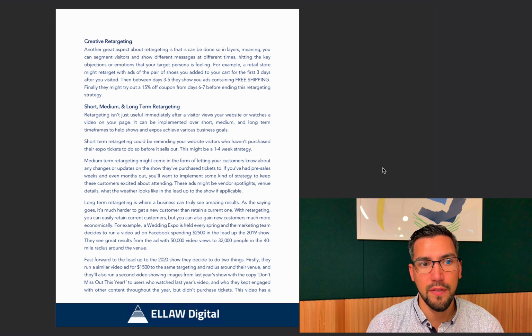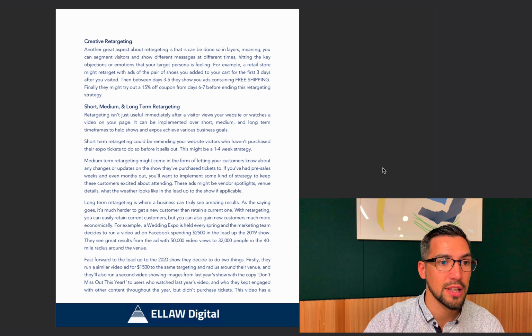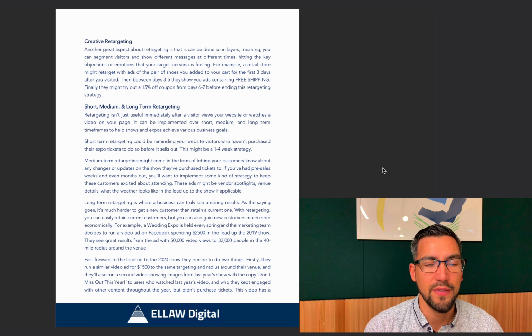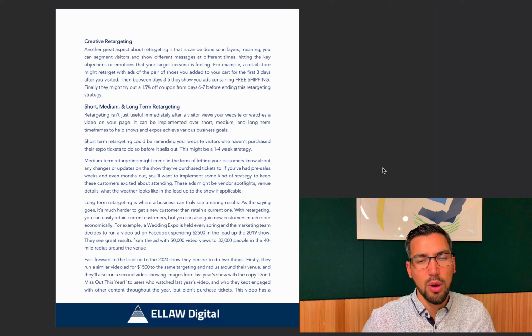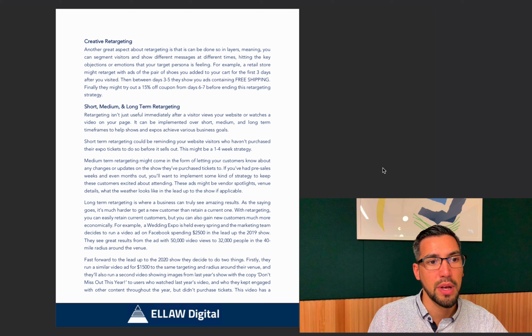So very obvious, very entry level. This is something that is kind of a must do in 2019 and beyond. And this is generally a 1 to 4 week strategy or in the lead up to your event. So depending on how long out you allow ticket purchases, some people might allow 6-7 months out ticket sales, versus others might wait and leave it for 3 weeks